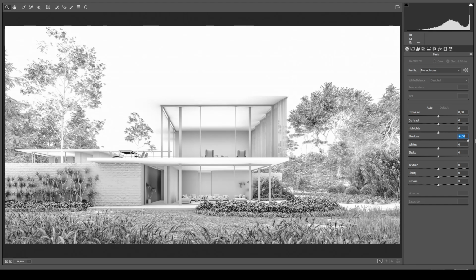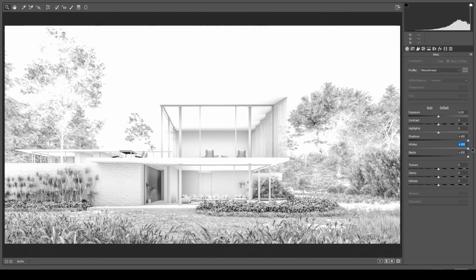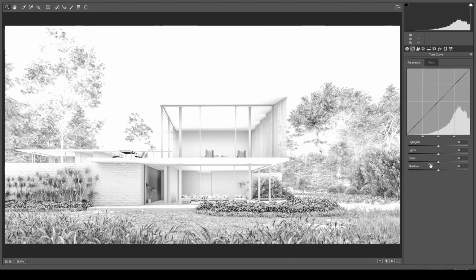Let's increase that. And here we have a brighter scene, but it's not enough. Let's increase them also. And we also have the tone curve here. This one is also very useful.